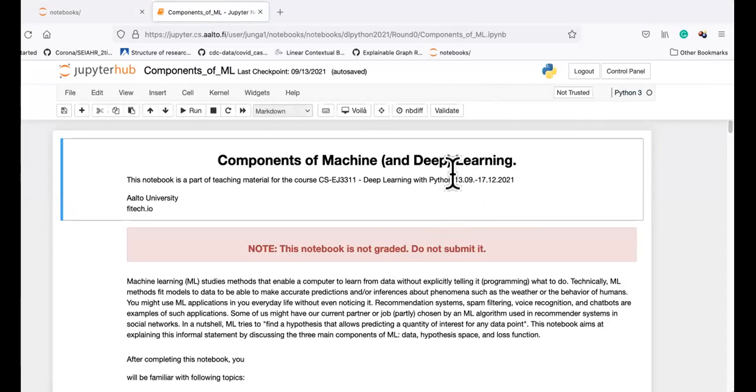And the Python notebooks you edit and save regularly. So regularly hit the save button here by connecting to our Jupyter Hub. So you don't need to install Python yourself. You only need a web browser that is connected to the internet or that can connect to our Jupyter Hub server at the department. That's all you need on your computer.